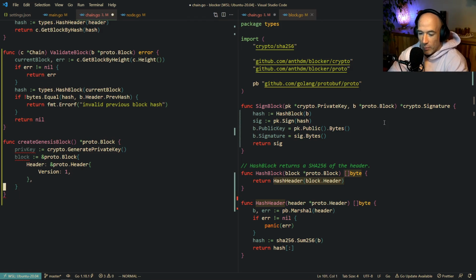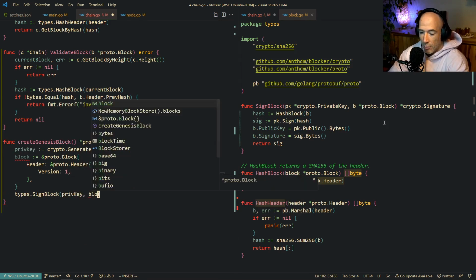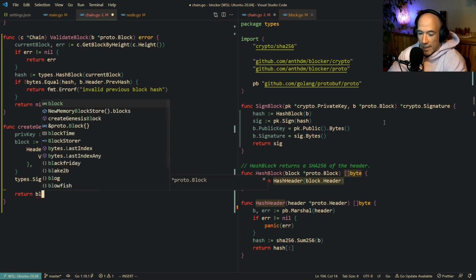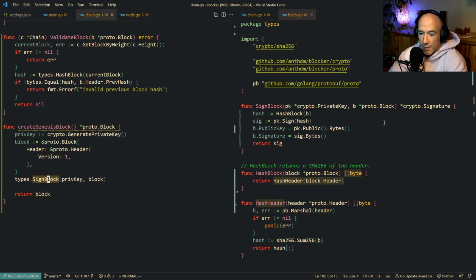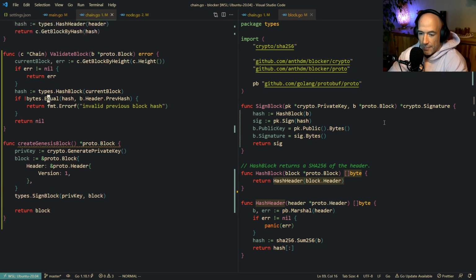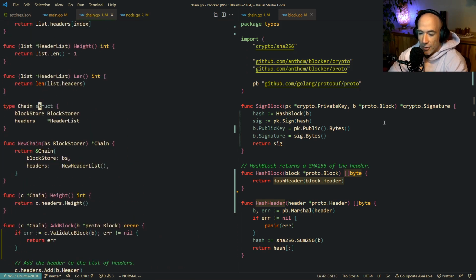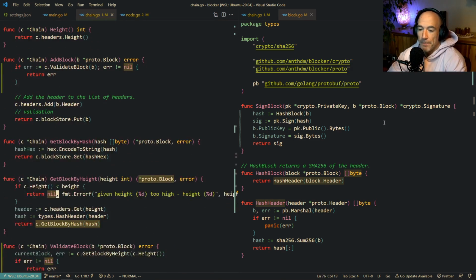And then we're going to make the block here real quick with nothing in it. It doesn't really matter. And then we're going to say types sign block pref key block like that, and then we're gonna return that block, and that should have a signature normally. And then we're gonna actually create the Genesis block with new chain here. Problem is we cannot validate Genesis block, right? We cannot validate that like a normal block,